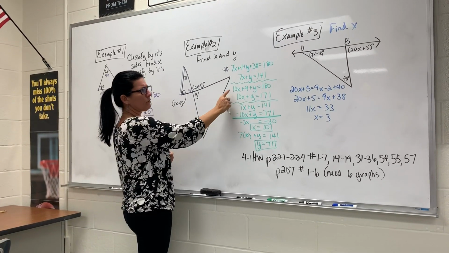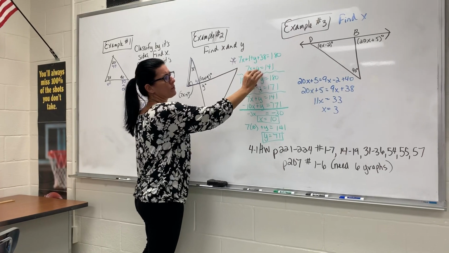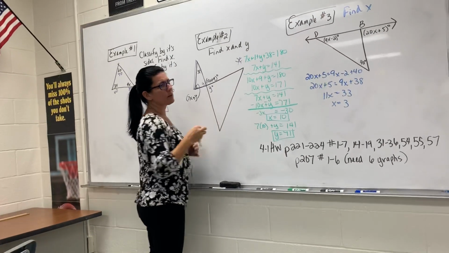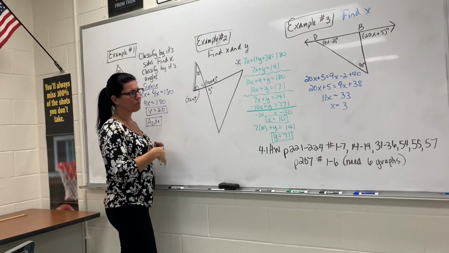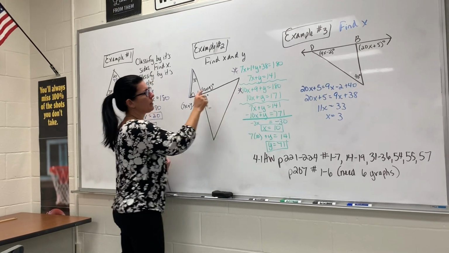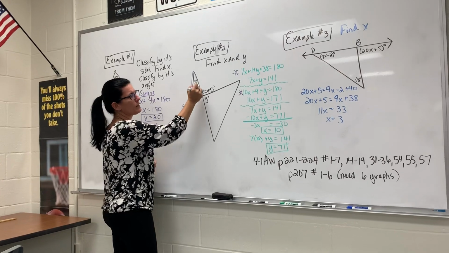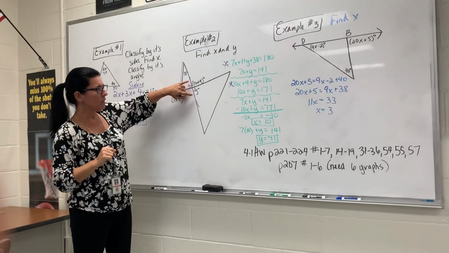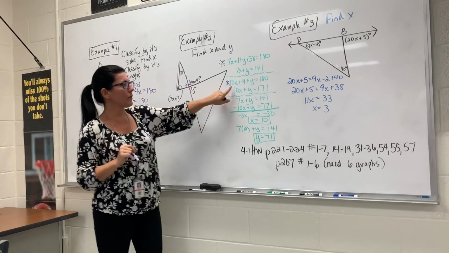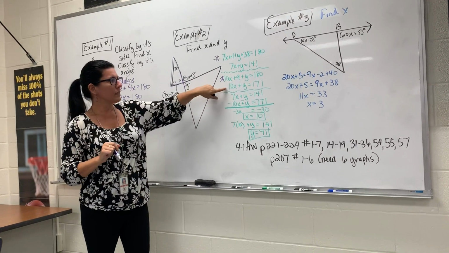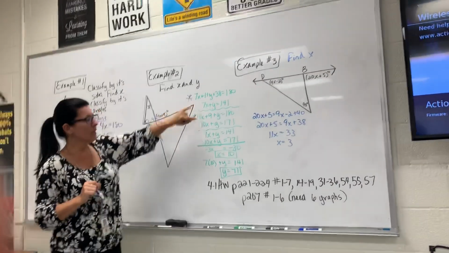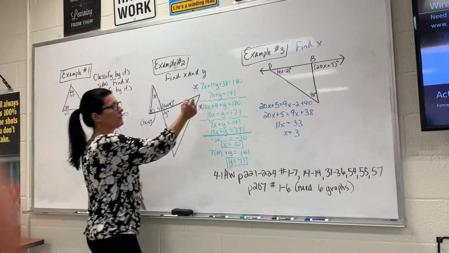The next thing I did from here was simplify, so I added the 38 and the 1 and moved it over, so I simplified it into kind of a standard form. This equation came from this intersection here. So this angle, y and the 10x plus 9 are a linear pair, so I know they add to 180. That's where this equation came from. Simplified it so that it's in the same format as the first equation. My next step is I took this,